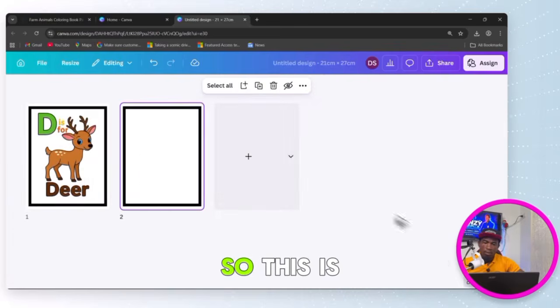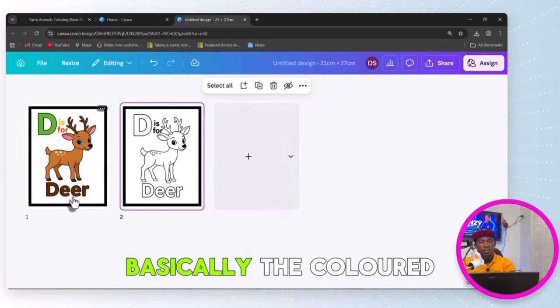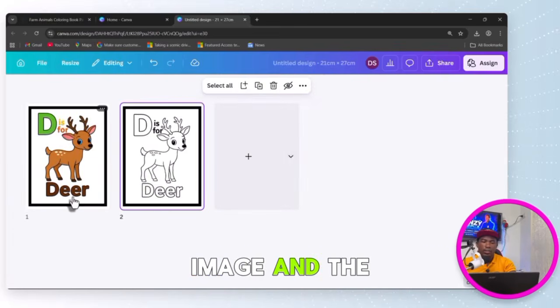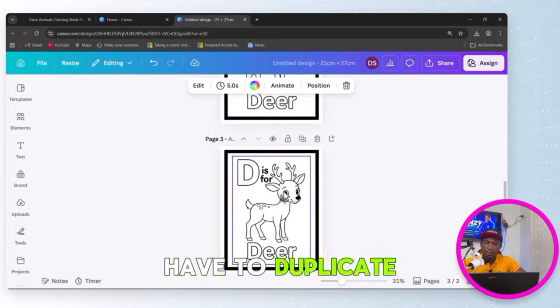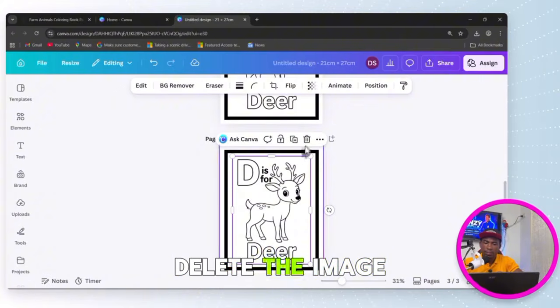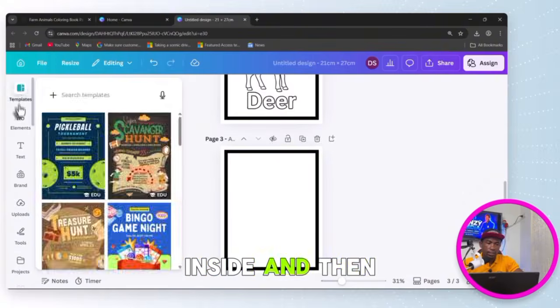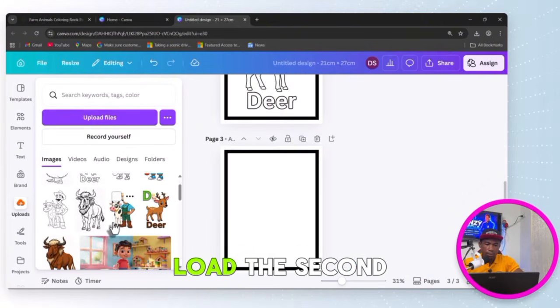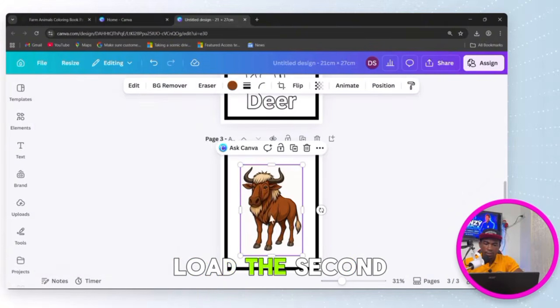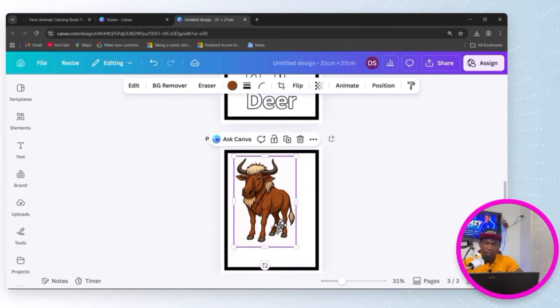So this is basically the colored image and the outline image. So the child will look at the colors here and do the same on this one. We continue with this same process. So you just have to duplicate the pages, delete the image inside, and then you go to upload, and then you load the second image, arrange it,